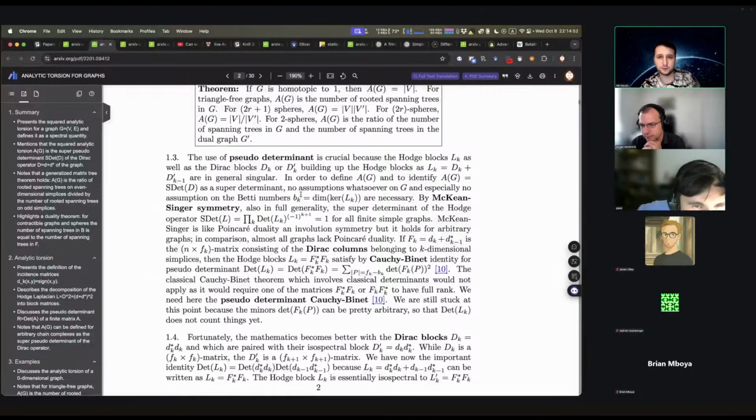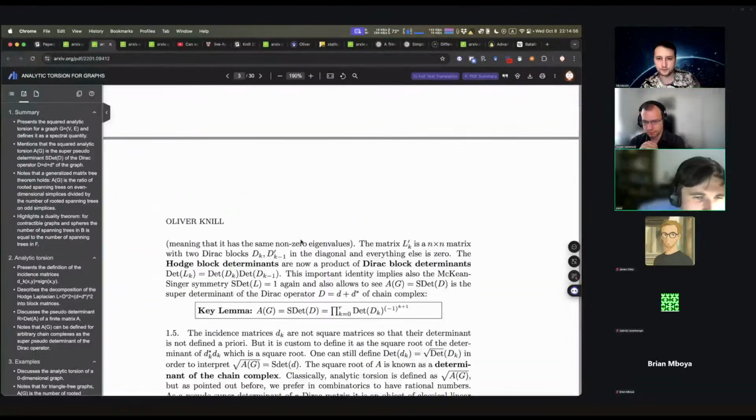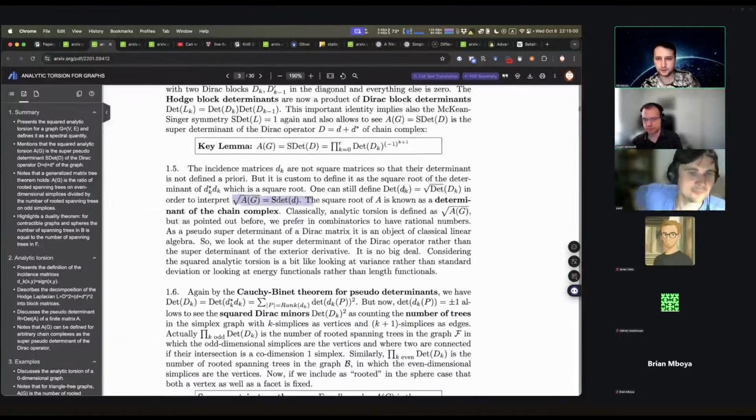I think it's just up to square root of something. Yes, square root of the superdeterminant of the Laplacian. Basically it's a well-known theorem, like Milnor or somebody used it too, because lens spaces are some quotients